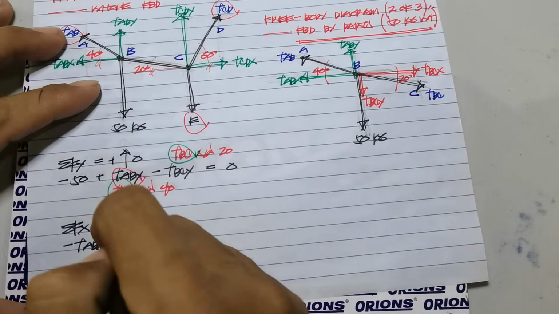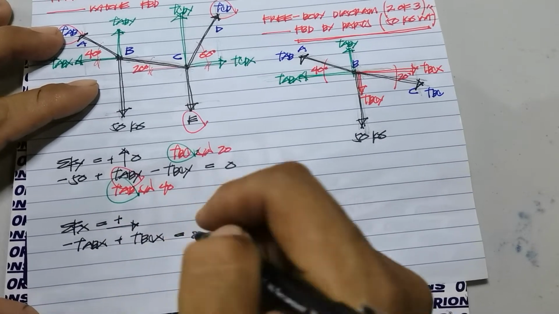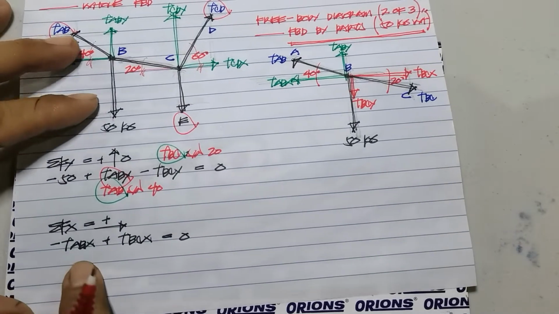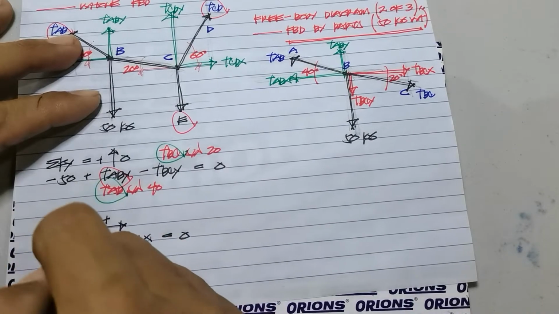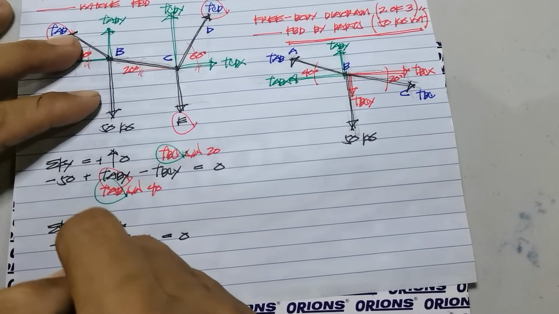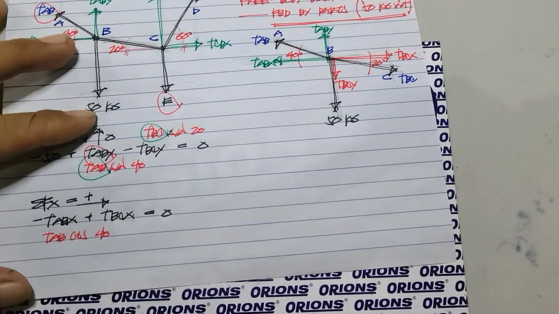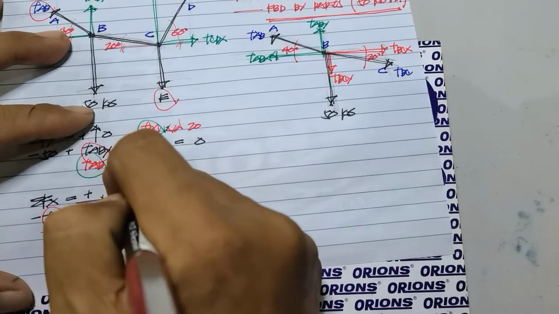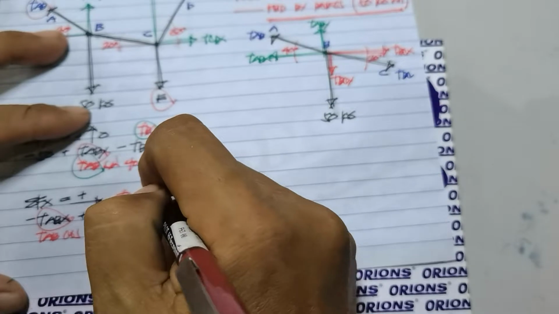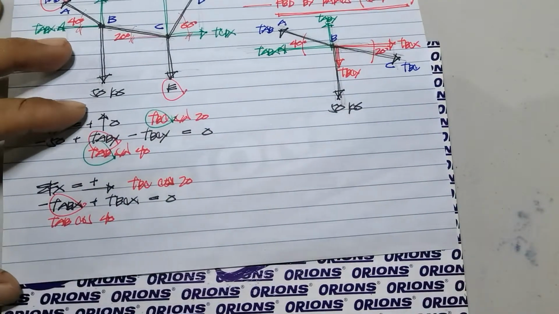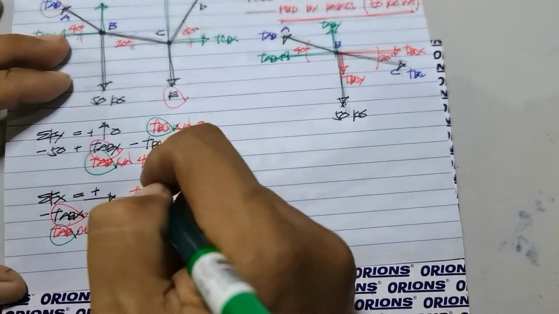Negative TAB of x plus positive TBC of x is equivalent to 0. So, ang gawin natin dito is, kung i-breakdown natin to, you have TAB cosine ng 40. Then, isa naman is you have TBC cosine ng 20. Yan. So, in this case, kung papansinin nyo, yung unknown values natin, which is TAB at TBC,